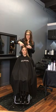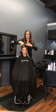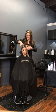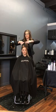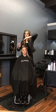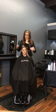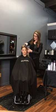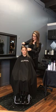Alright, so as I said, I've already cut this. I'm just going to run through what exactly to do. So your elbow and your hand position is key while also maintaining your optimal tension here. You want to point your fingers down and your elbow up, and then you're going to cut straight up. So it's going to create that shorter to longer whenever you're laying it down. Okay? So now we're going to move on to your next subsection, diagonal back,